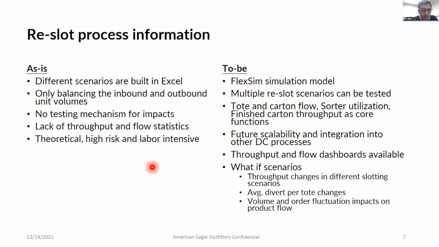Just some as-is and to-be process information. The current mechanism to reslot was to build different scenarios in Excel and then only test it on a unit volume level. So the number of units that will enter the system and the number of units that will exit from the system. That doesn't really give any view on what will be the impact on total conveyance utilization,